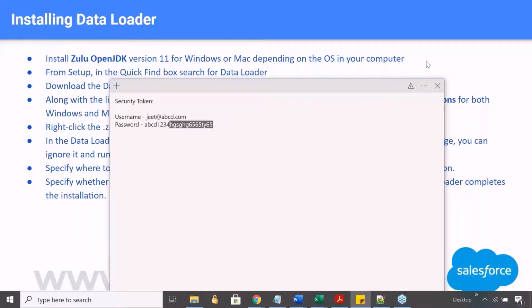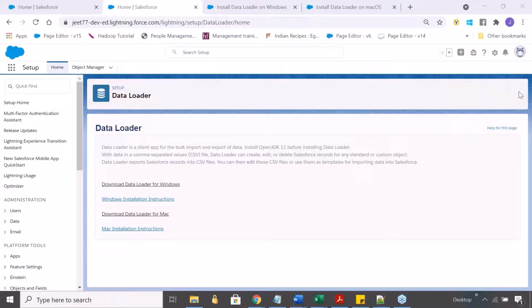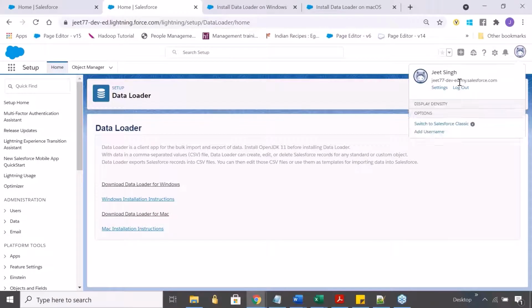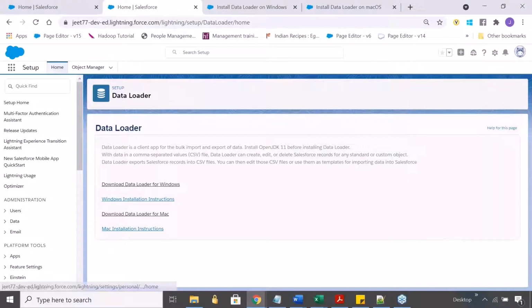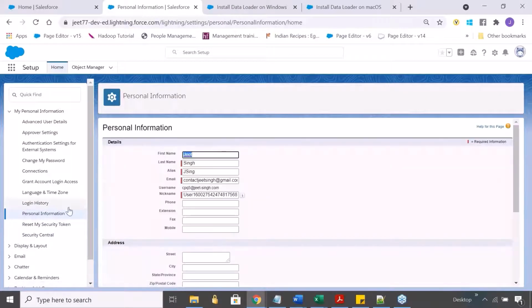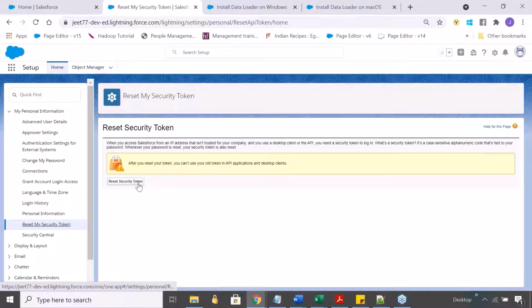All right, now let's quickly have a look at how you generate your security token. If you're on the Lightning experience, you click on the top right corner icon and click on settings. Here there is an option called reset my security token. The moment you click on it, it will send you an email with a new security token.